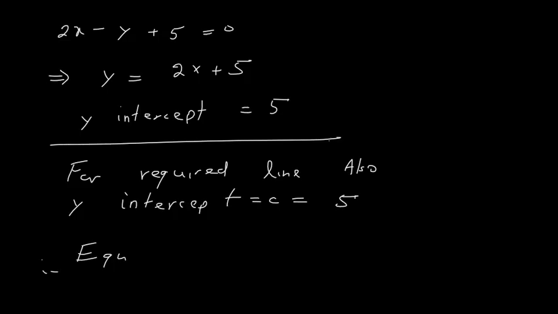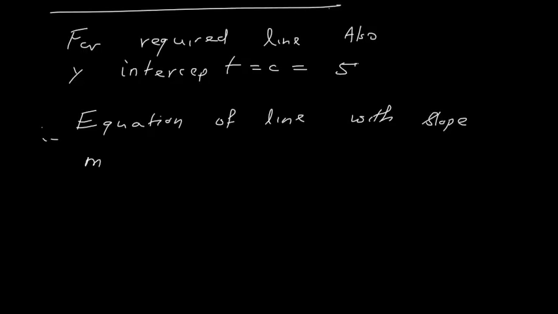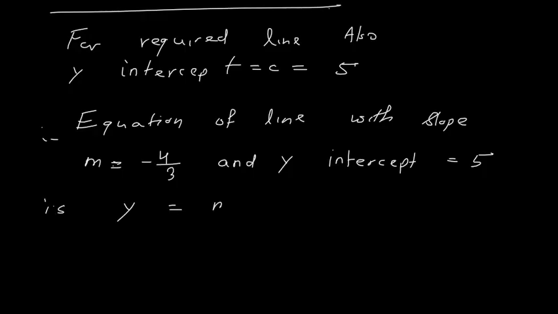Therefore the equation of the line with slope m equal to minus 4 by 3 and y-intercept equal to 5 is y equal to mx plus c, that is y is equal to minus 4 divided by 3 times x plus